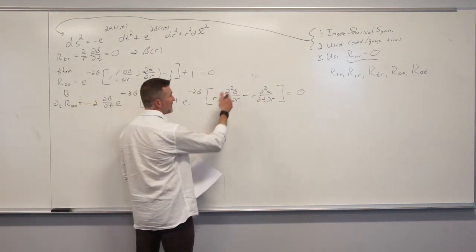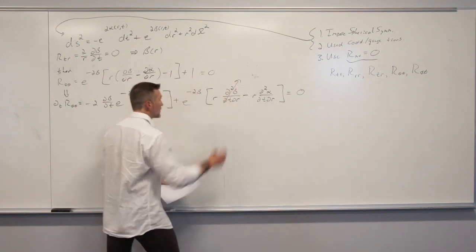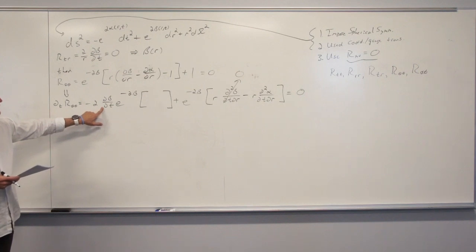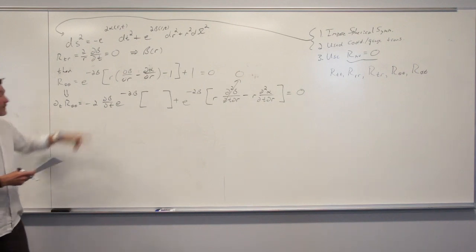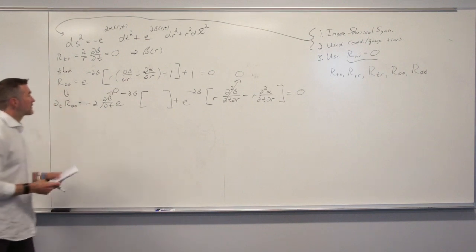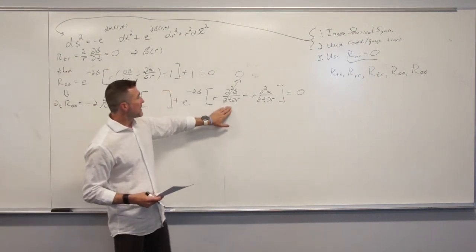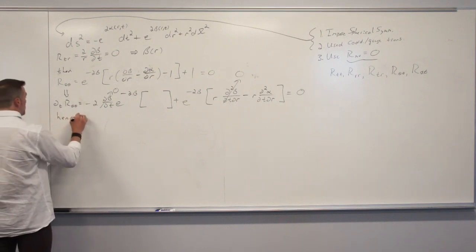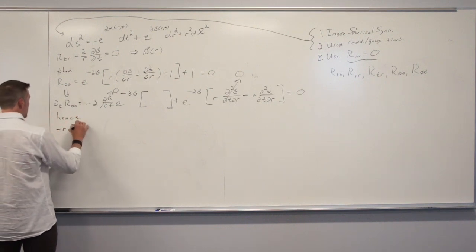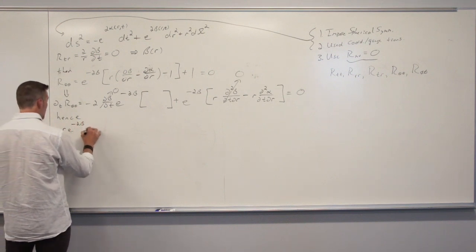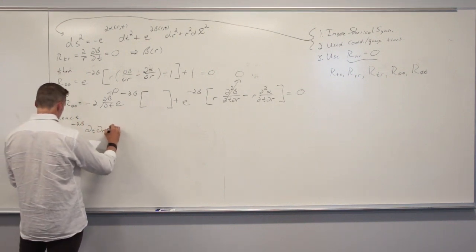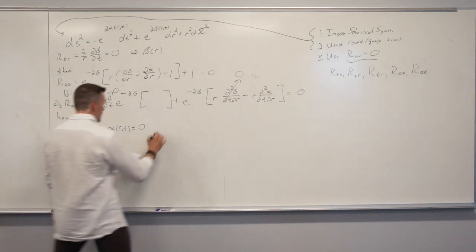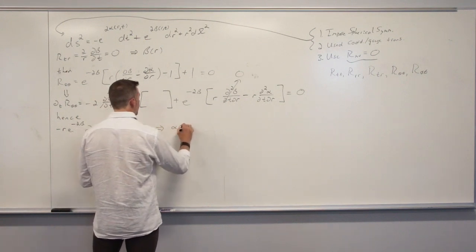You can reorder the partial derivatives, hit the beta with the partial t, and we know that that is 0. Yeah, d beta dt is 0. So this whole first term goes away, and then we're just left with that dinky little part. And so we have minus r e to the minus 2 beta dt dr of alpha is 0. And what this tells us is that alpha,